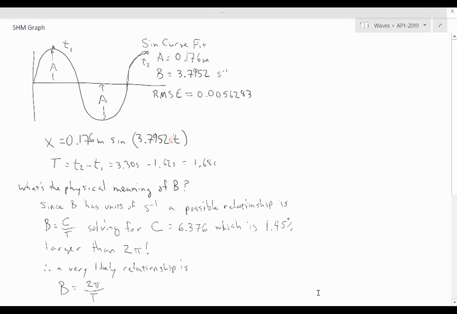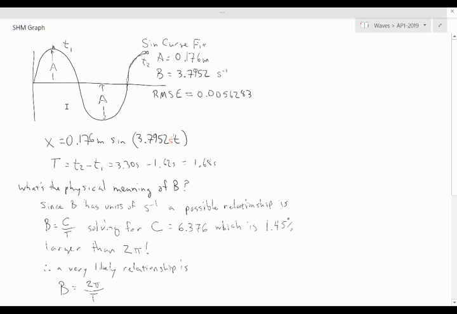Hey gents, I wanted to share with you some data that I collected using a mass on a spring and having one of our motion sensors sit underneath it. I let it oscillate for a bit and then I asked the little brain to do a curve fit. The curve fit that seemed to fit best was a sine curve fit, and so you can see up here,